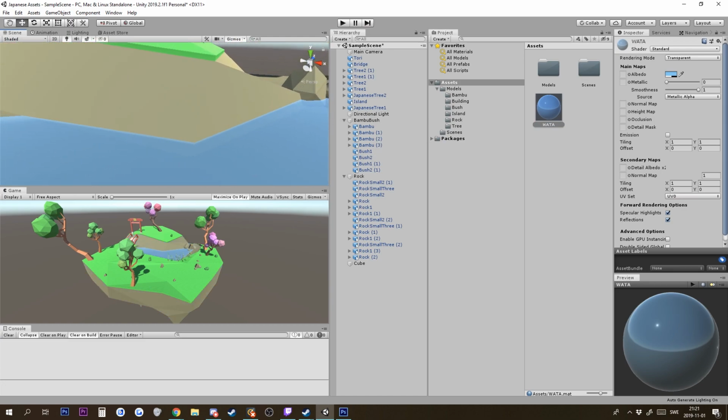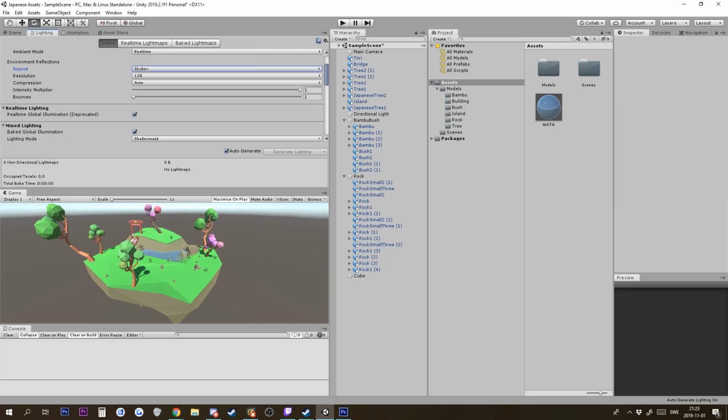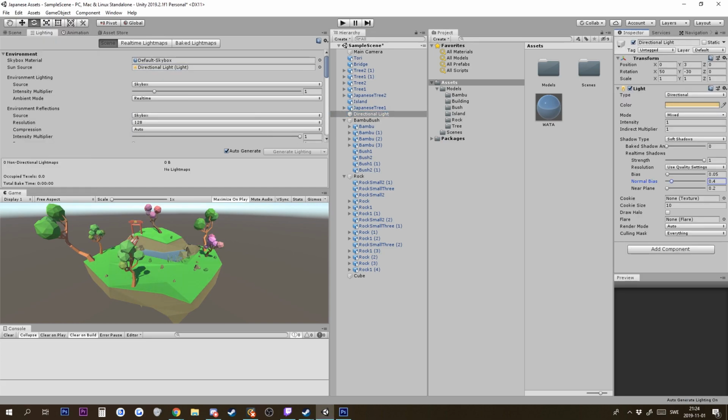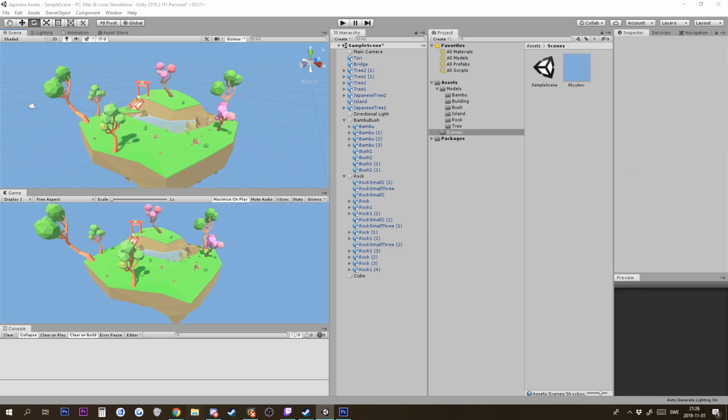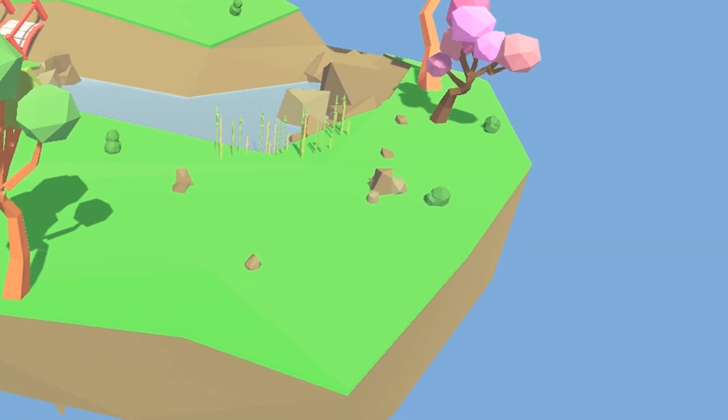Remember to detail rocks around here to make it look a little bit more realistic. And for last, simply play around with the lighting settings until you end up with something nice. I also added a skybox just because. And there you go, a cool looking island. Now don't forget to save your scene, otherwise you'll end up